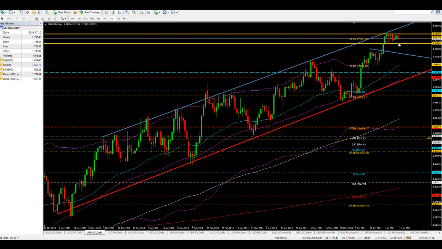So having said that, the pound dollar continues in consolidation. I'm going to call the same numbers until it breaks out. So 1.7100 is where we're going to look for a buy, and 1.7166 we're going to look for a sell.